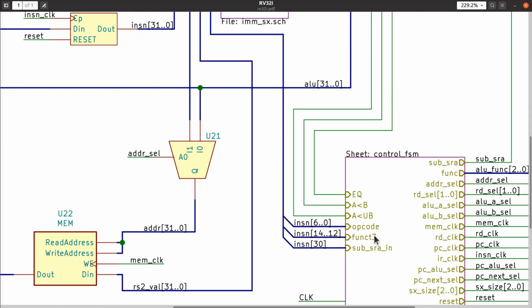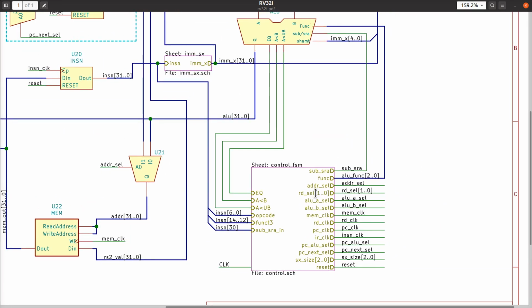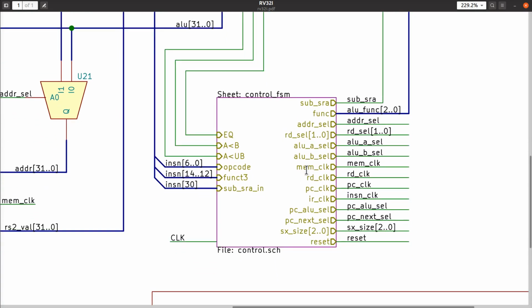And that leaves us with this big box down here, the control finite state machine. It should make a certain amount of sense that the equals and the A less than B inputs from the ALU have to be involved at times in determining what this finite state machine will do. In particular, they're used for conditional branch instructions, and they're used to determine whether or not the program counter will advance to the next instruction by adding 4, or the program counter can be loaded by the result of a mathematical operation that adds either an immediate value